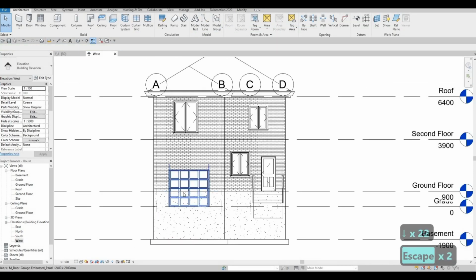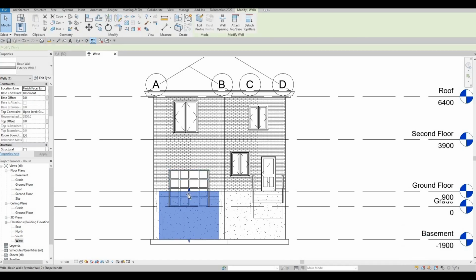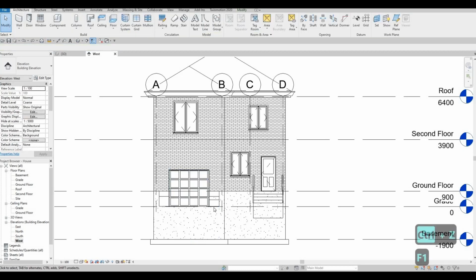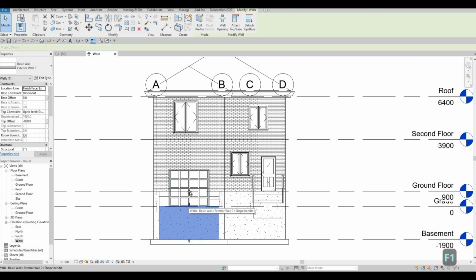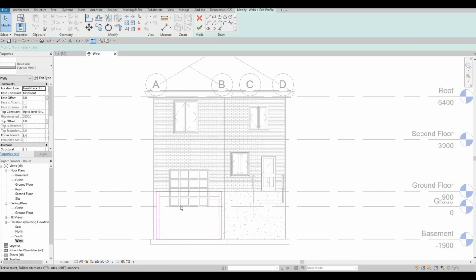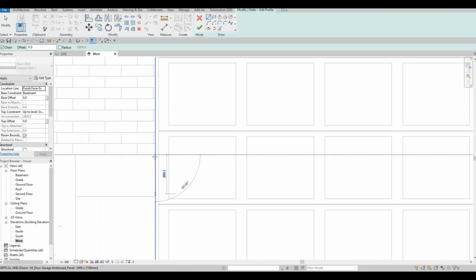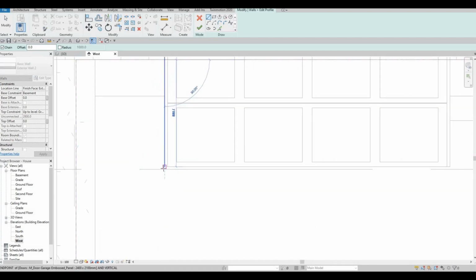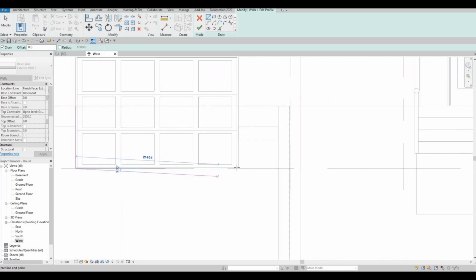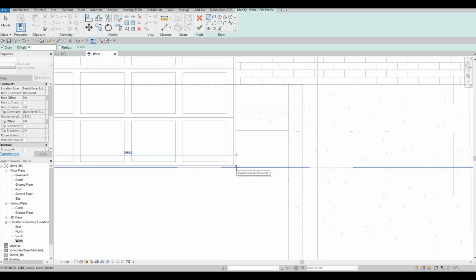So we have our garage door. We need to pull this wall down, and we need to fix it by using an extrusion. Also, instead of putting an extrusion or pulling it down, we can also edit the profile of this wall. So we could edit that and then use this line and just go around this,